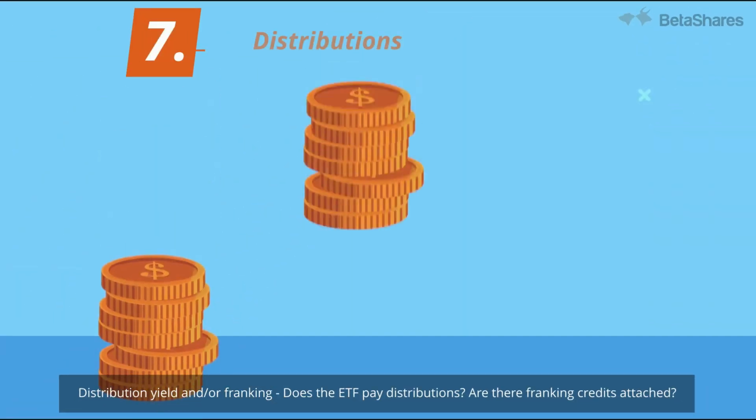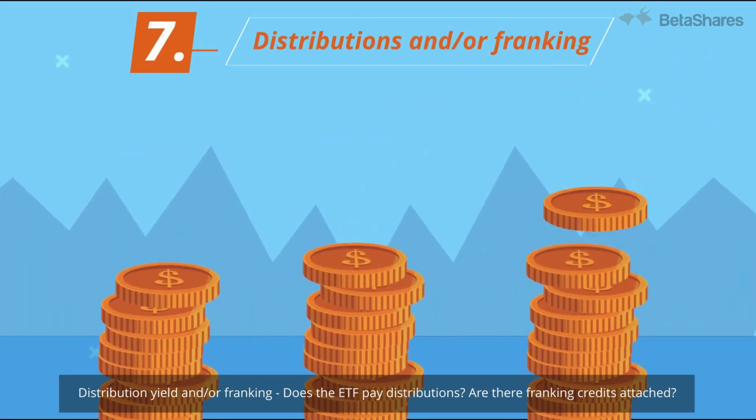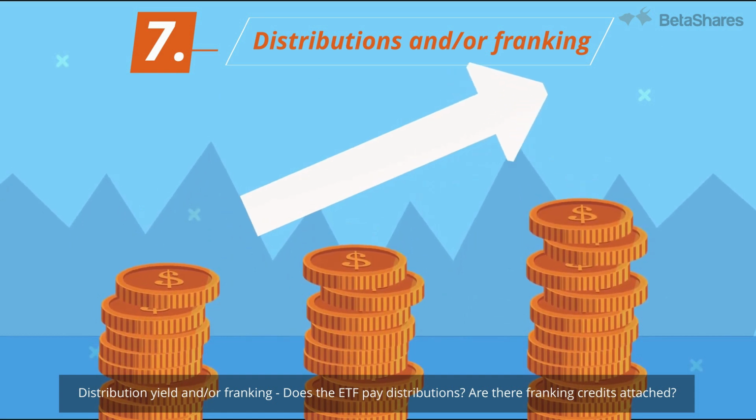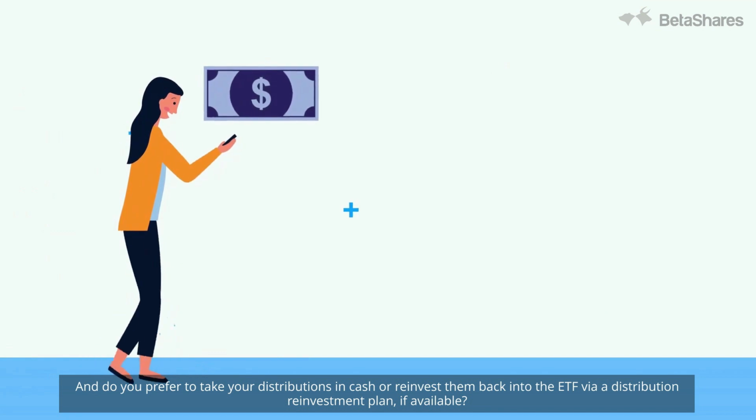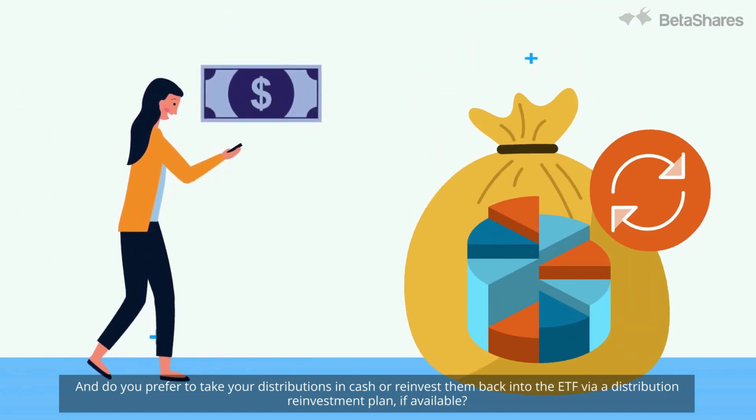Distribution yield and/or franking. Does the ETF pay distributions? Are there franking credits attached? And do you prefer to take your distributions in cash or reinvest them back into the ETF via a distribution